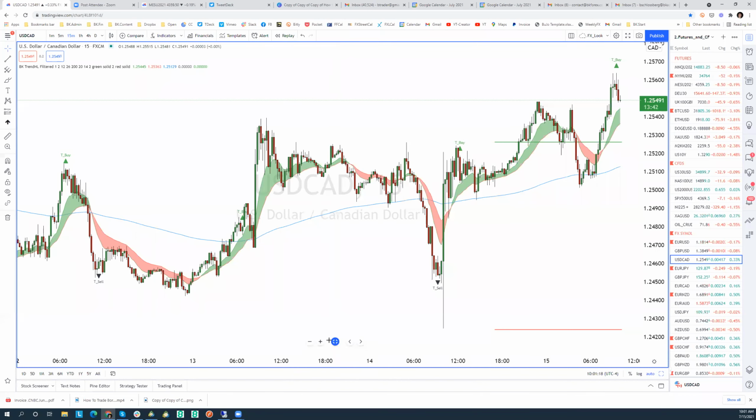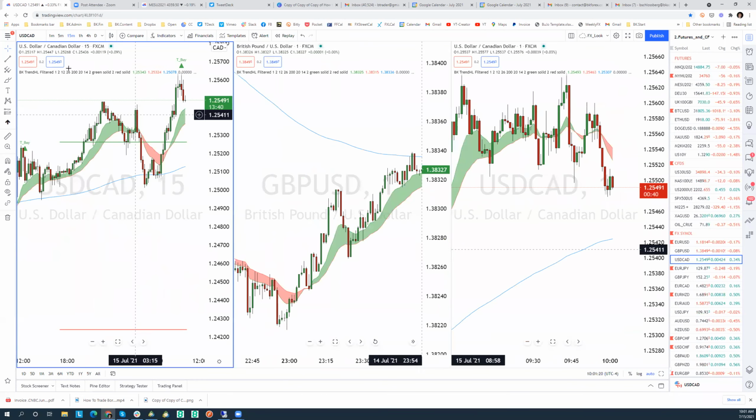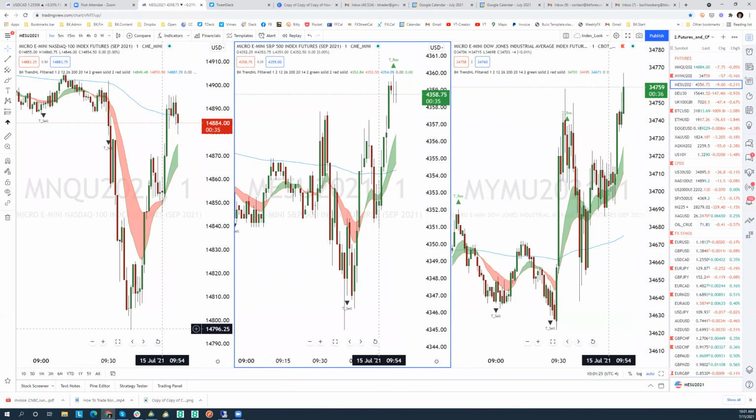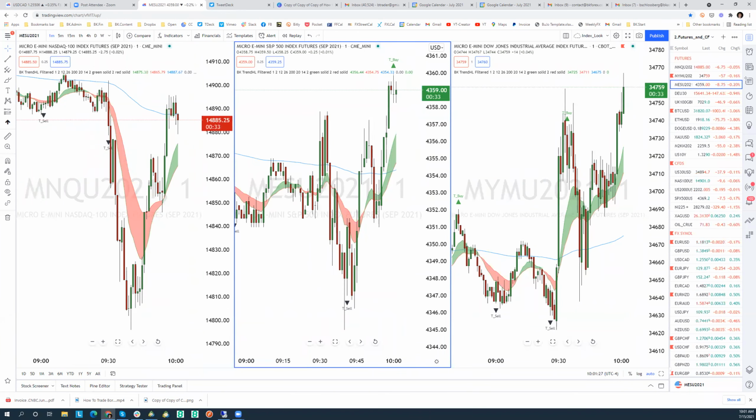One last thing, guys, before I'm going to leave you. We actually have a trade in S&P right here on the buy side. Let's fool around with that. I'm going to take that. It's not something that, as I said, most of you guys in CFD land take, but I'm long